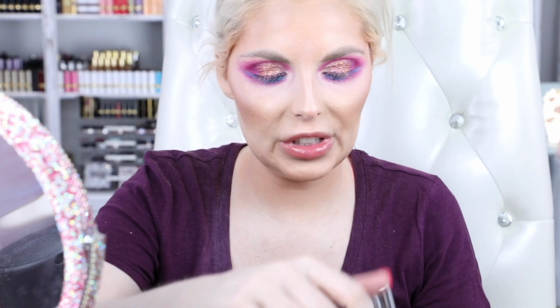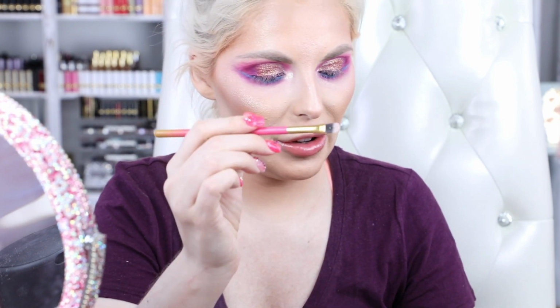Okay, now I'm gonna take the ABH glitter adhesive on, oh, she's hard. There we go. On this Luxie 245 brush. Paint it on the tip of the brush. Get it right down here. And then taking the Huda Beauty